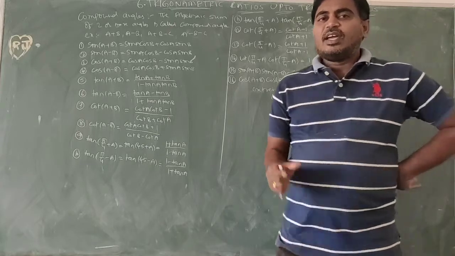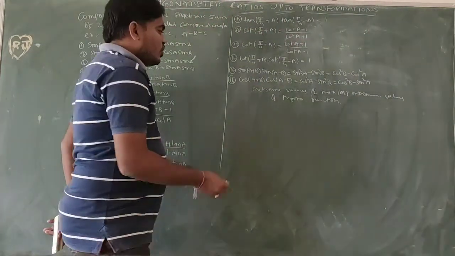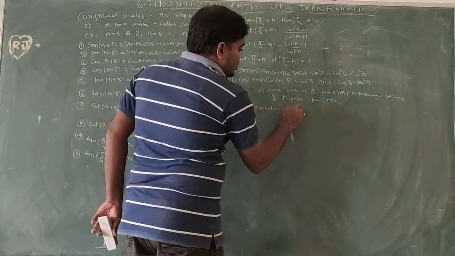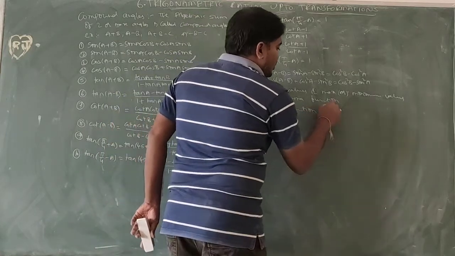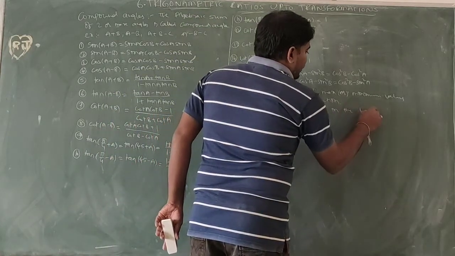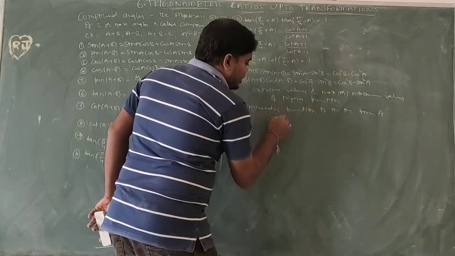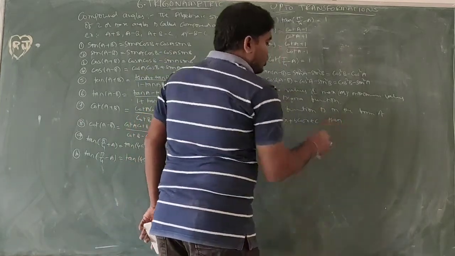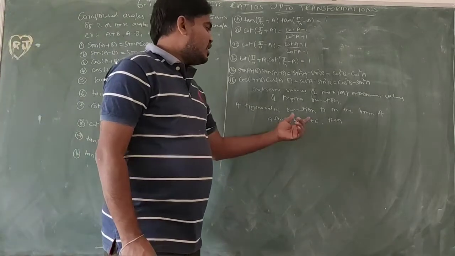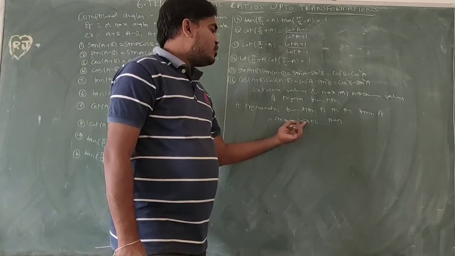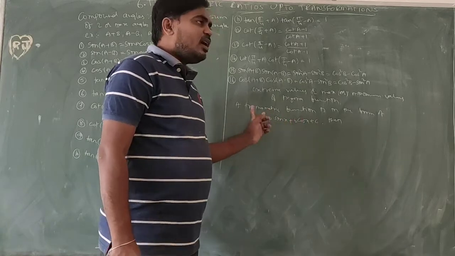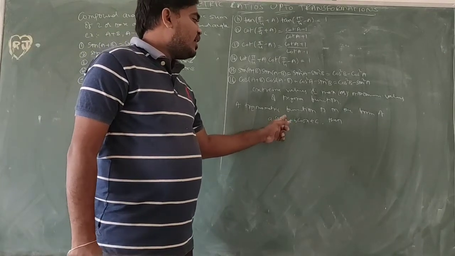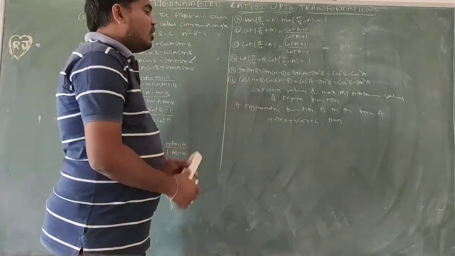So similarly, if a trigonometric function is in the form of a sin x plus b cos x plus c, so here the angle should be equal. Remember, the angle should be equal. A sin x plus b cos x plus c or a cos x plus b sin x plus c. So the constant may change, but this x value will be the same. Okay, the angle will be the same.